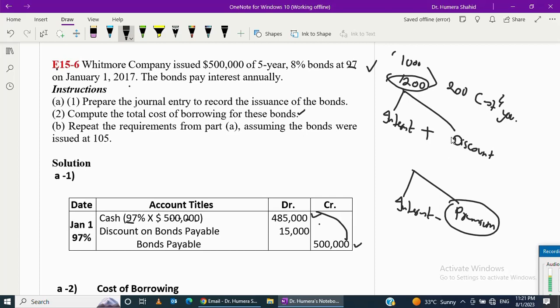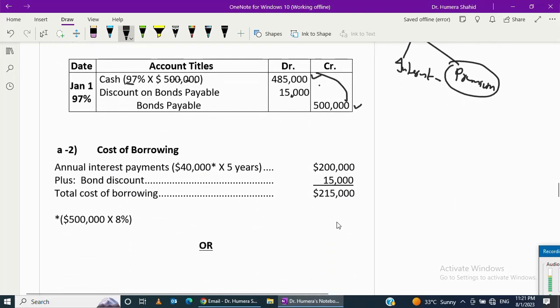So let's do this. This one is at discount, so our cost of borrowing will be interest plus discount together. Do remember the rate of interest, that's 8%, and the life is 5 years. So let's do the calculation. How much interest are you paying? 40,000 is the value of the bond. Sorry, not 40,000, it's actually